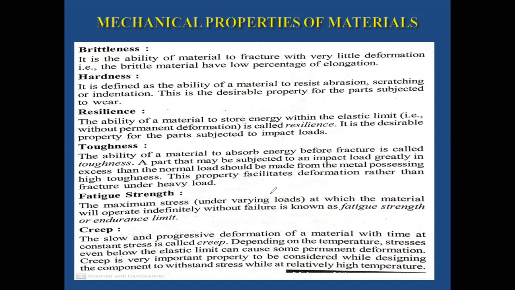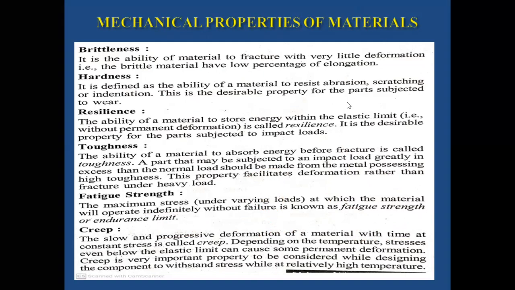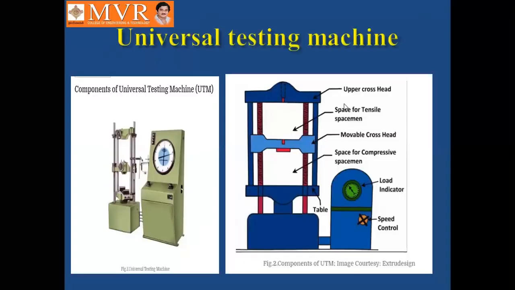And next, in this session, we are going to discuss what is meant by a universal testing machine. How do we perform the testing? How do you perform the tensile test? This equipment we can call a universal testing machine. By using this equipment, we are going to perform the tensile test as well as the compression test. To perform these two tests, this machine is used nowadays.